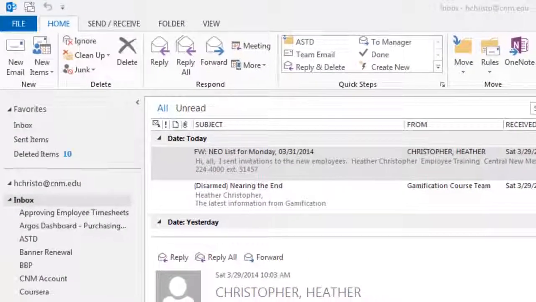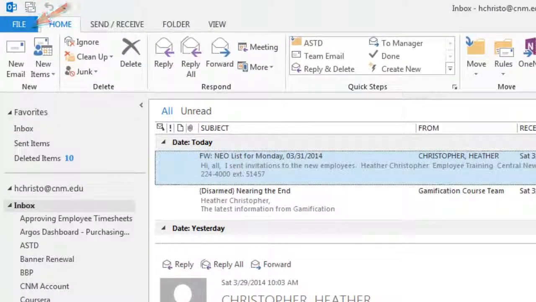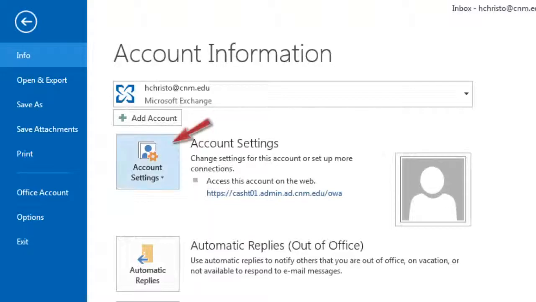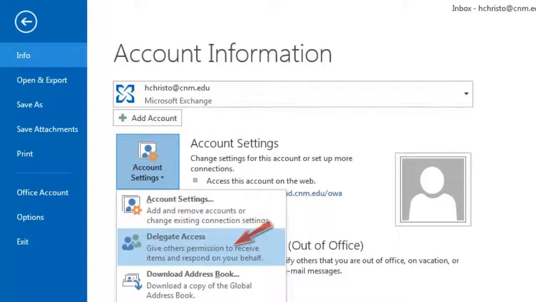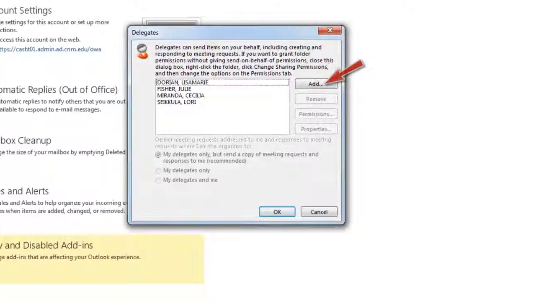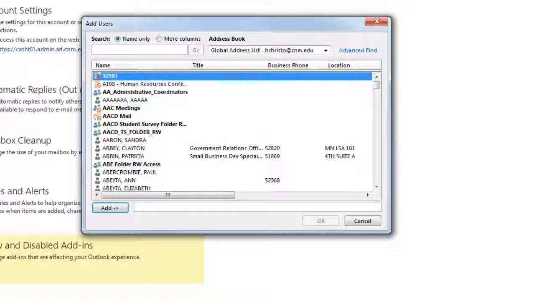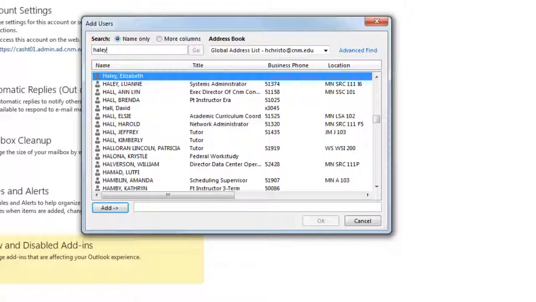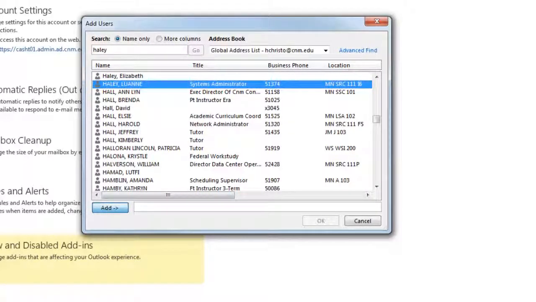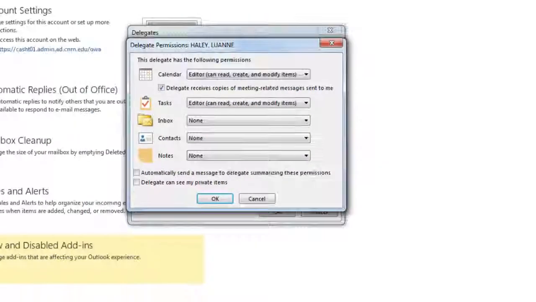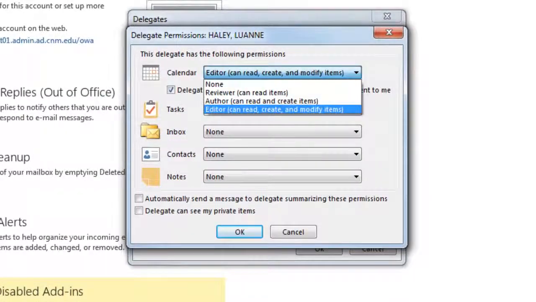With Outlook open, click File, then click Account Settings. From the menu, select Delegate Access. In the Delegate window, click Add. Then type the delegate's name and select it from the global address list. Then click OK. In the Delegate Permissions window, the editor permissions for your calendar folder and tasks are selected by